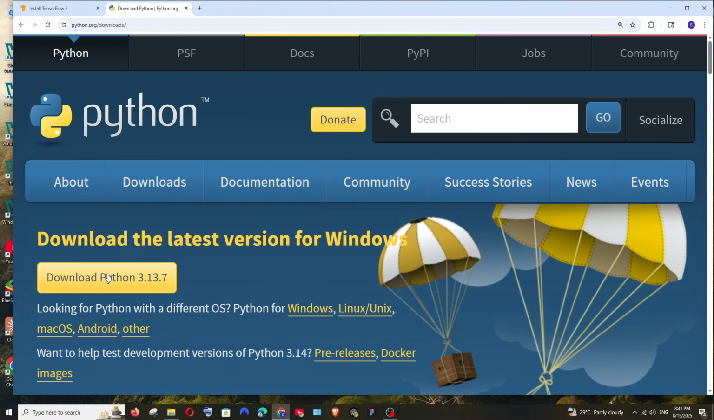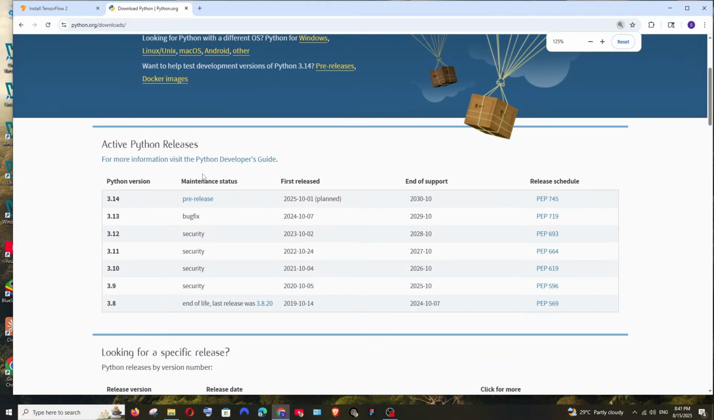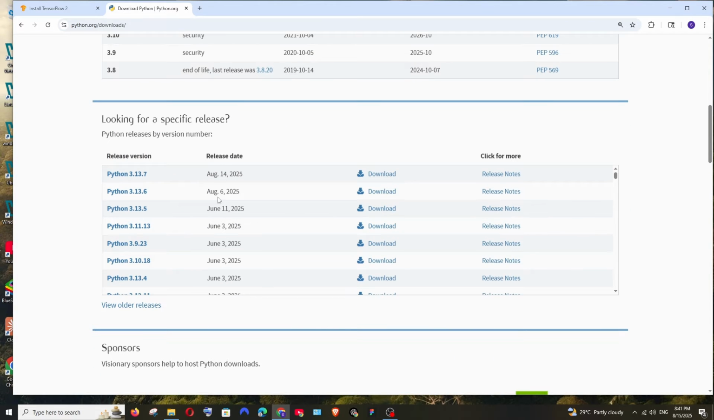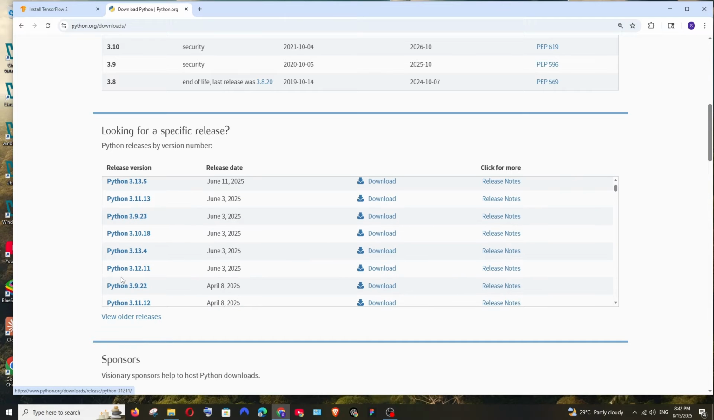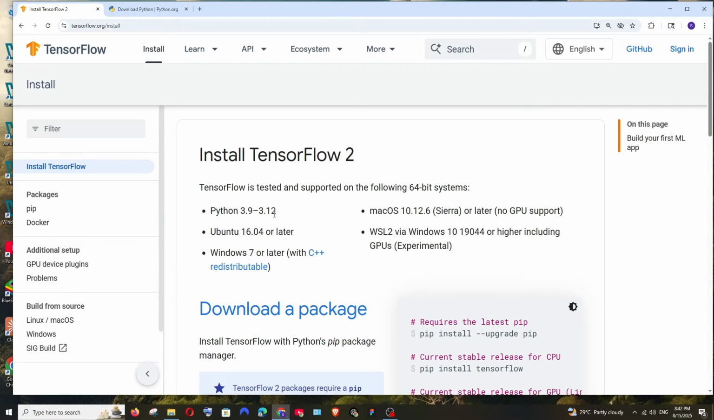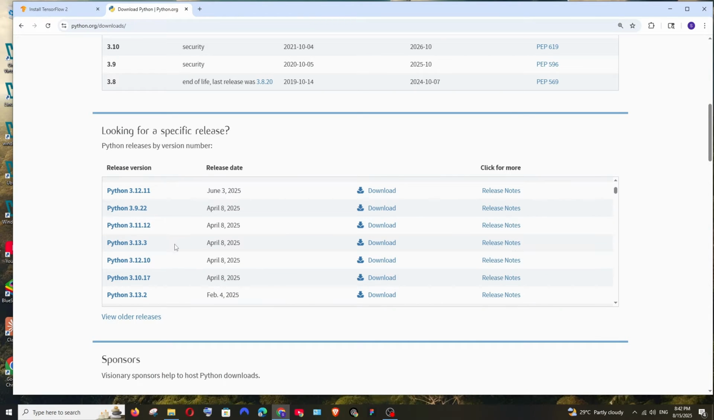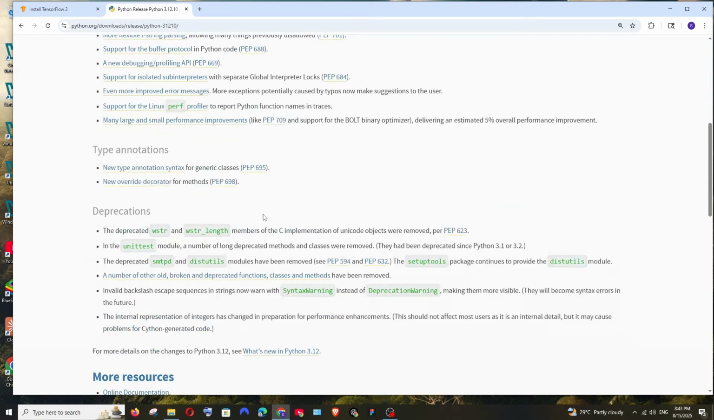and this is the latest version, which is 3.13. If you just scroll down over here, we'll be having some specific or older versions of Python 3.9, 10 and 12. So it clearly says here it supports 3.9 to 3.12. So we can literally choose any version between that. That's up to you. I'll just go with this version and I'll click on this,